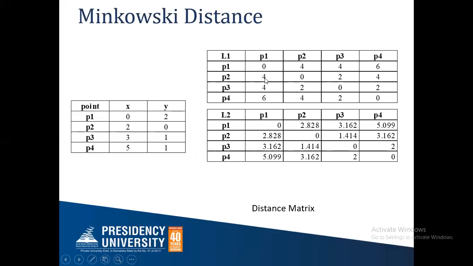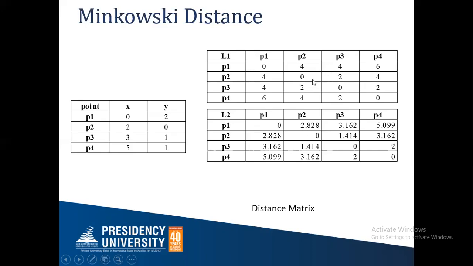So these are the same 2 points. Whether we calculate distance from P1 to P2 or P2 to P1, the distance remains the same. This table shows the distance matrix calculated using the Manhattan distance formula. The second table, which we just saw, is for the Euclidean distance formula, that is r is equal to 2. This is the same as the previous table we have seen.